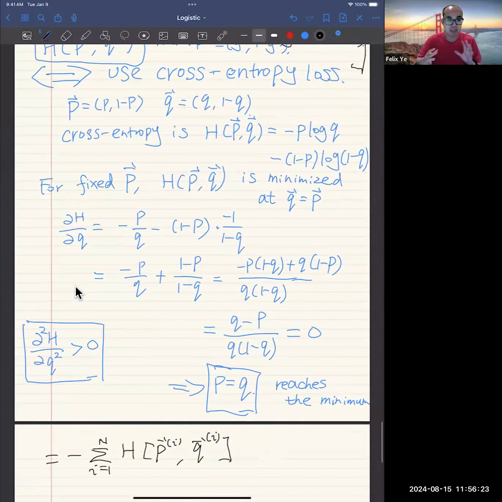So there is some connection between negative log likelihood versus cross entropy loss in the setup of logistic regression. Okay, so next